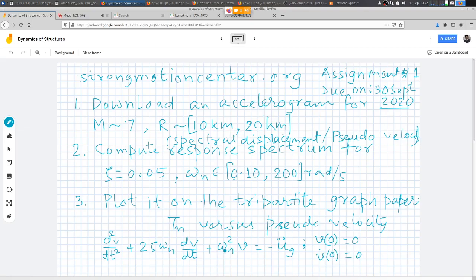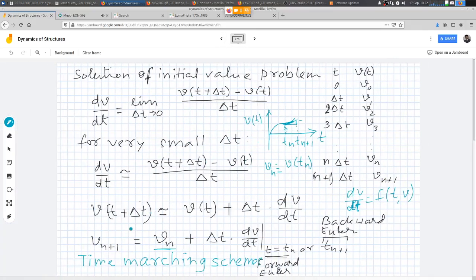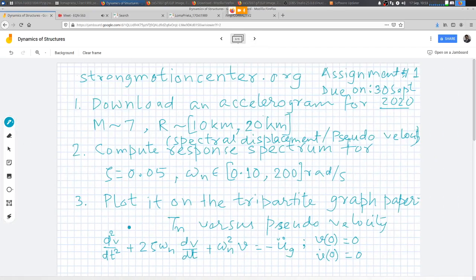Right? Now, how will you solve? Please note that in our earlier discussion, we have discussed this as a solution of initial value problem, but this only refers to the first order differential equation. The derivative is only the first derivative, and that is what you can solve by using this forward difference. How will you solve this equation, which is actually a second order differential equation? I have only discussed the first order differential equation.